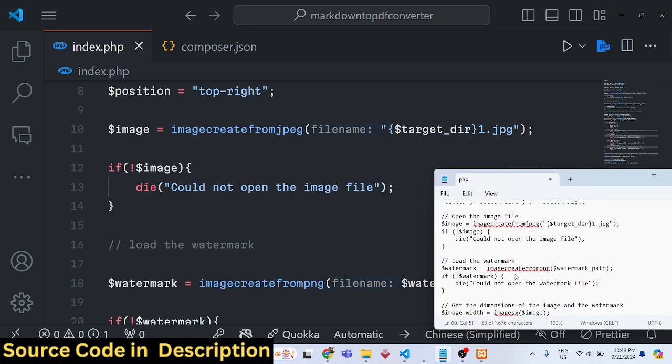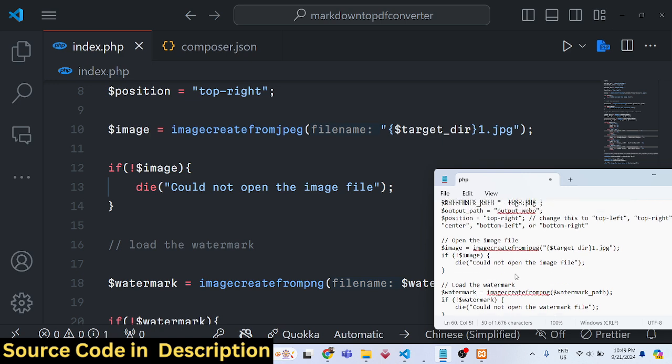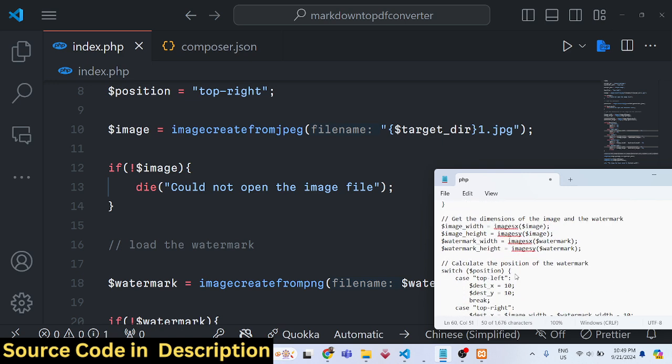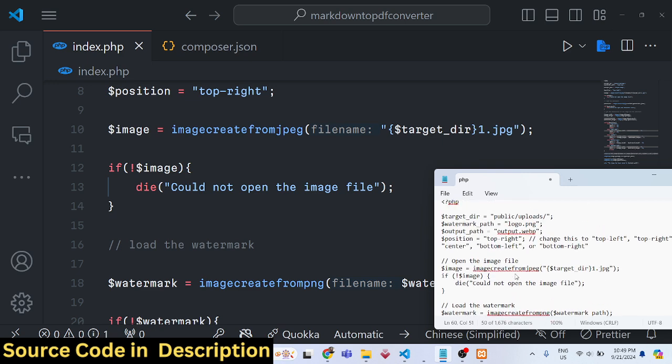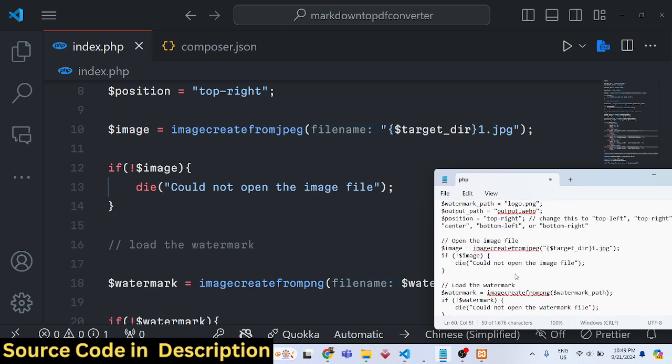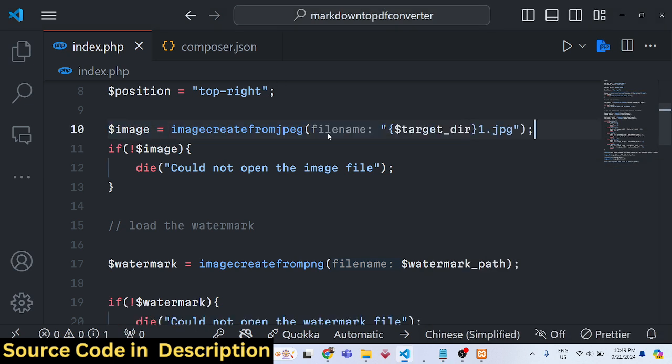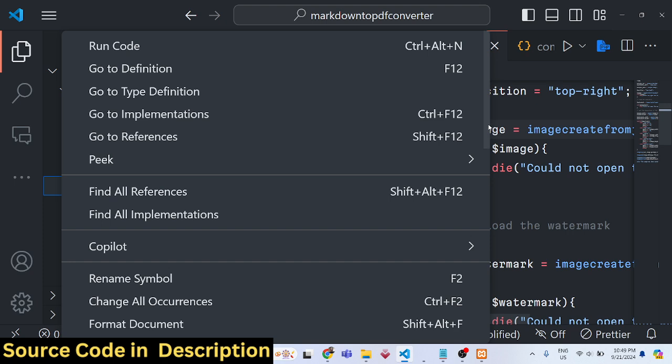On line number 10, we are basically giving the input image path. I think I have made some typo mistake here. Let me paste the path. Okay, you can see image target directory 1.jpg. So if I run this now,